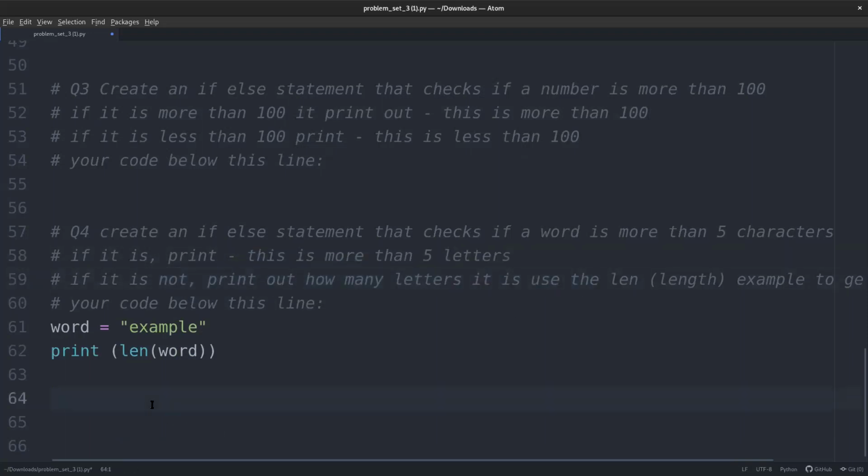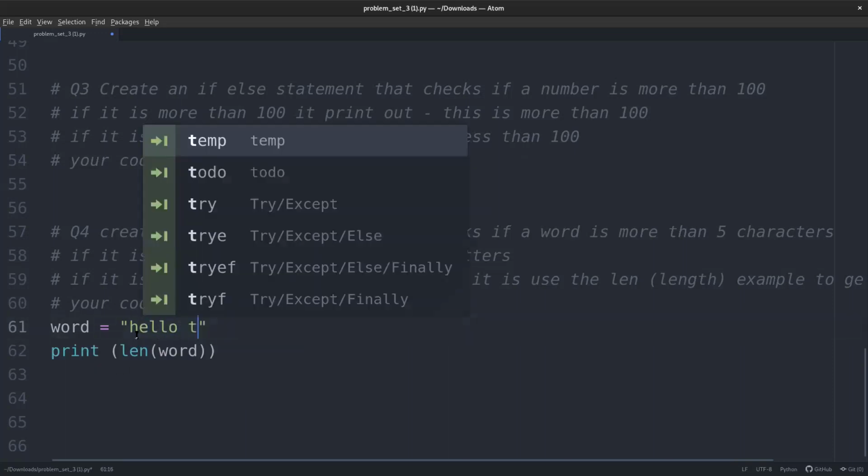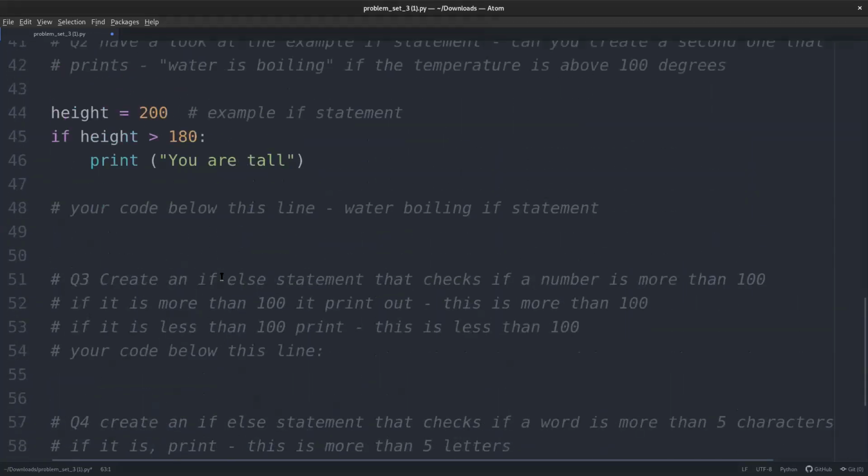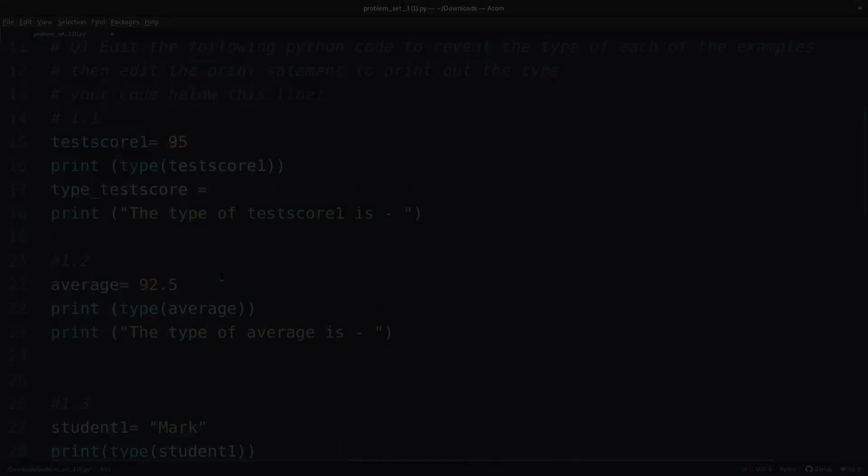And if it's less than 5 letters, it'll print out the length. You can do that with if else down here. And what you should be able to do is change word to, you know, cat, and then run your program and it should work. And let's make it more than 5 letters. Let's do hello there. And that should still work. So that is problem set 3, and that is available on